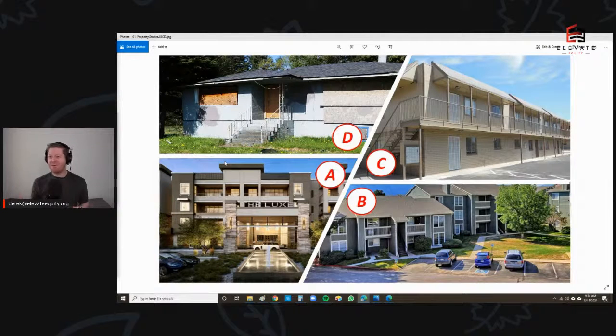And then the D property is on the other side, right? No one desires that property at all. But if you can get someone in there, because the purchase price is so low, the ratio is extremely high, okay? So you have the rent to price ratio being very, very low on an A because the price is high and the rent is low. And then you have the opposite effect going on with the D class property. And there's a reason for that. It's not as desirable and it's rougher. There's things that you have to fix up.